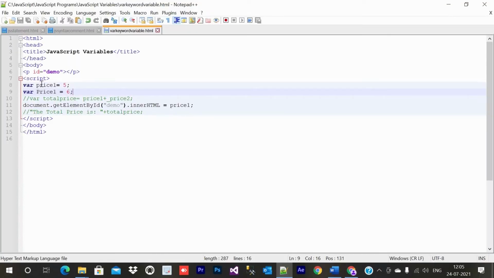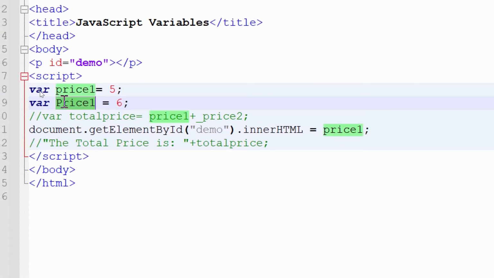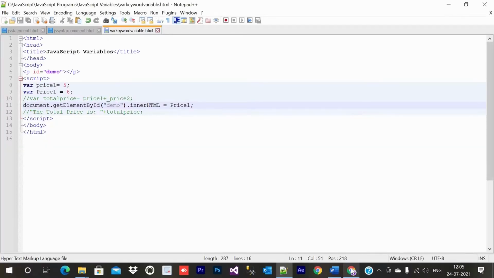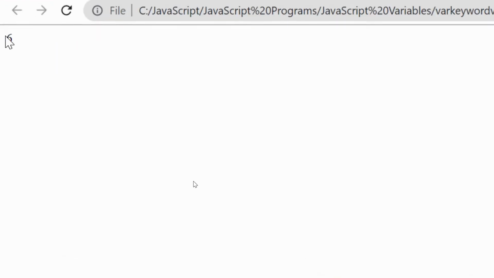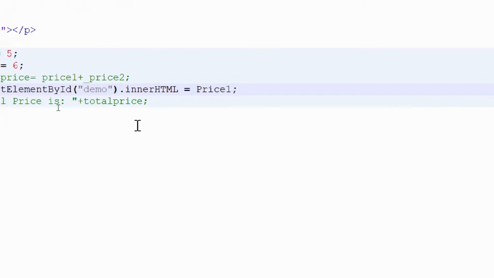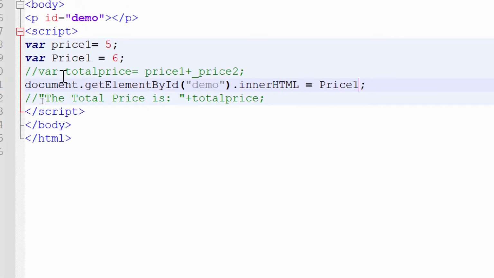Now if I come here and take this variable, this time p is capital, so this value is 6. Let me save and come again to the browser and see, here 6 is coming. So these are case sensitive. Small and capital variables have different names, even though the names are the same.